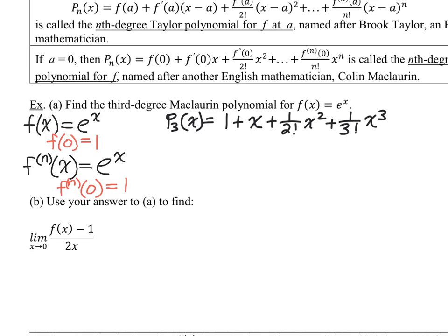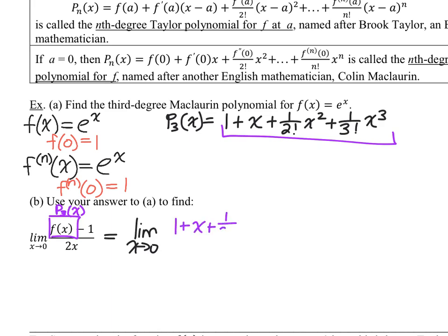But if I use my approximation as something that can replace f of x, looking at 1 plus x plus 1 over 2 factorial x squared plus 1 over 3 factorial x cubed